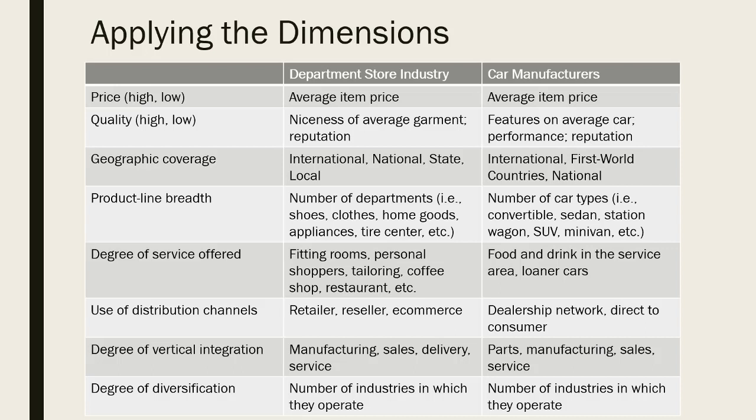So when you apply the dimensions to the department store industry and the car manufacturing industry, you can see right away that there are some things on which the dimensions are exactly the same. So when we're talking about price, and I usually suggest picking just 2 levels, just high or low, because otherwise you can start to get a little messy in terms of your designations. So when you look at price across the department store industry or the car manufacturer, you're really looking at the average item price. And with some car manufacturers, that's going to be a really wide